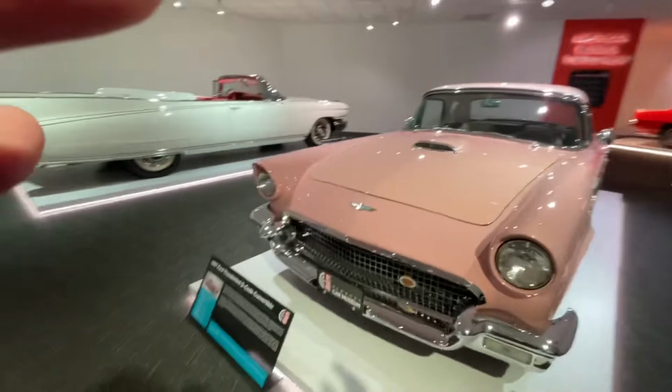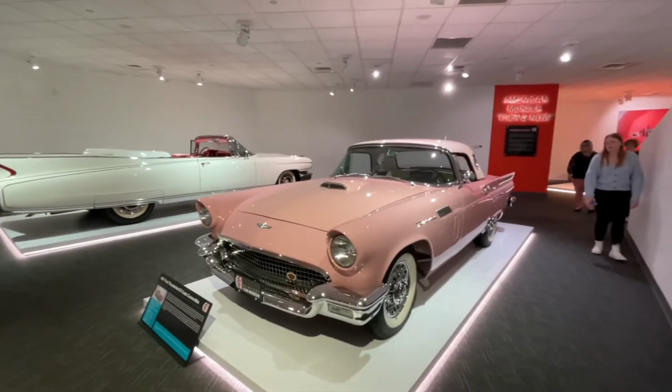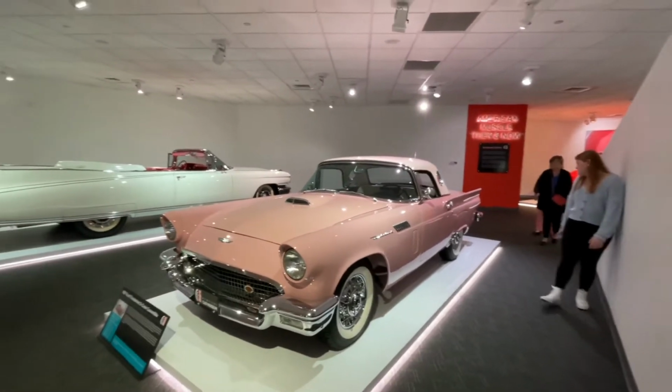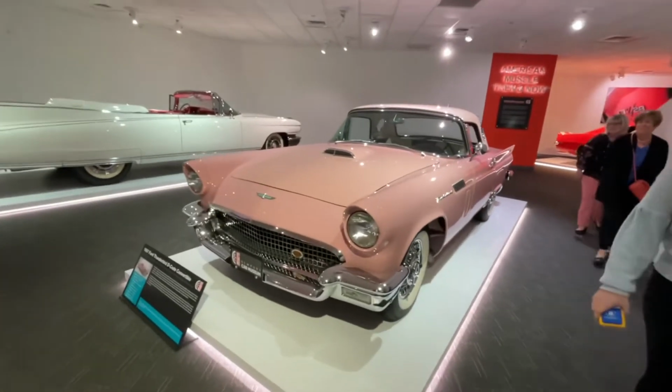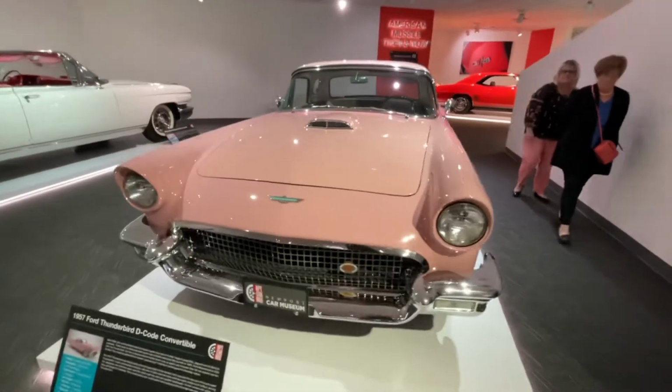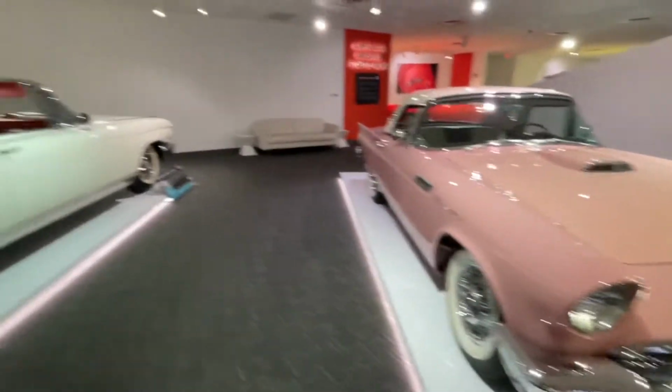And it was white. And it's got probably like a half an inch of dust on it, just sitting in the parking garage. This is our favorite car. This is nice. I like the Thunderbird a lot. It's the only car you'll be getting because you'll have a